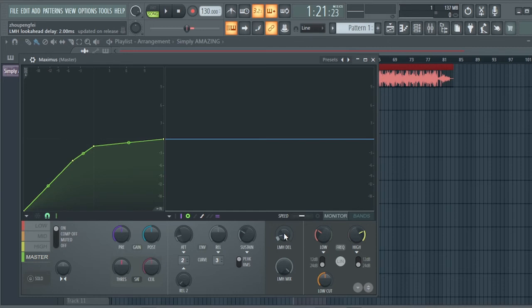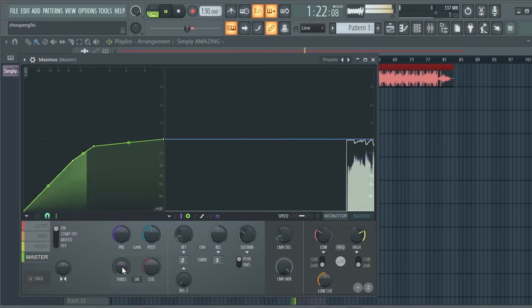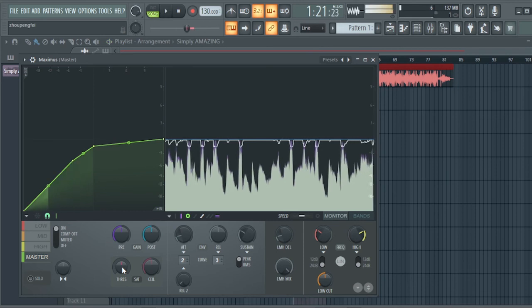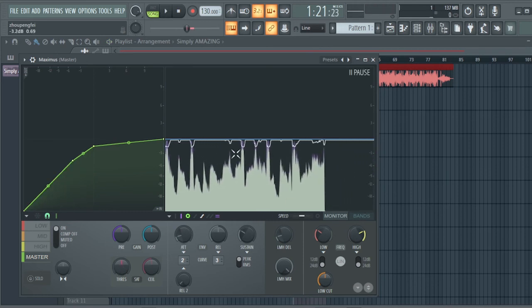Then the next thing we will talk about is threshold and the ceiling, what these two knobs do. But first of all, I'll start with the threshold. To explain this, I need to play the wave, so pardon me. Okay, let's say we must have set our attack, our release, determined our points, and I forgot to tell you also